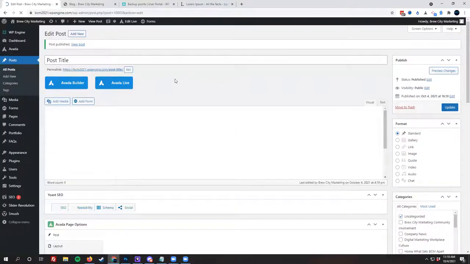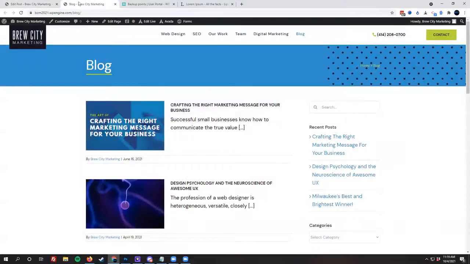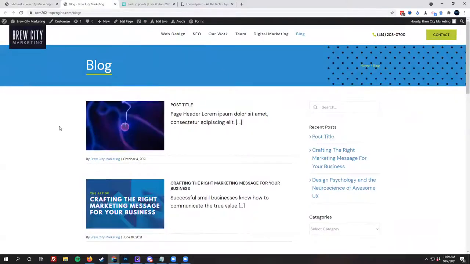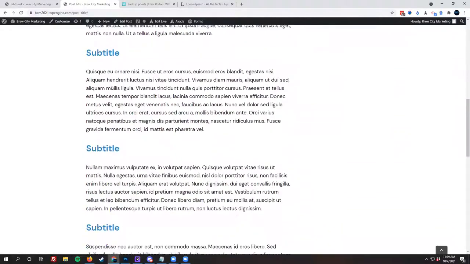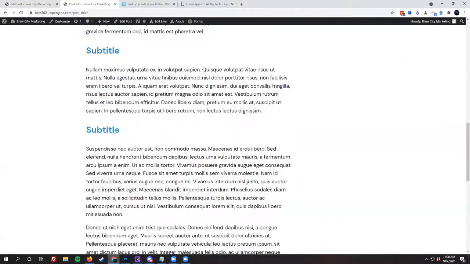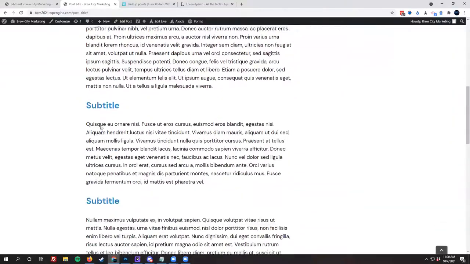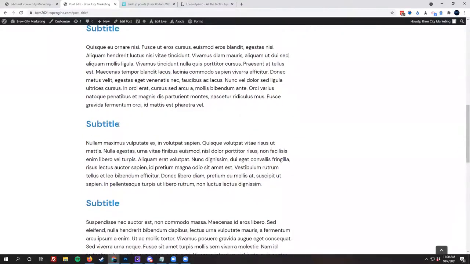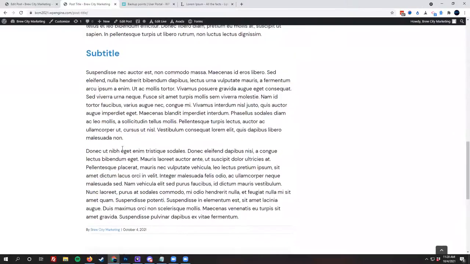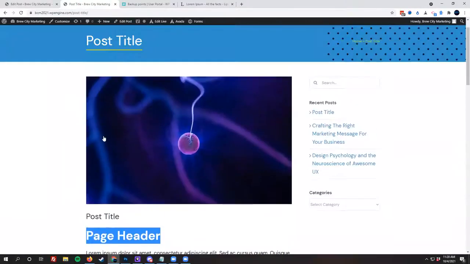And upon doing that, it should tell us that it's saved, and then we can refresh our blog feed, and this is our post. We have the post title in here along with the beginning of the content, and then clicking in to the image will display all that content that we put in there. And you can see how the subtitles and the main title that we used on the page kind of automatically style themselves. On all of our sites, we're going to have default values for those H2s and H3s. So you can use those to make sure that things are styled appropriately the same way that they are on the